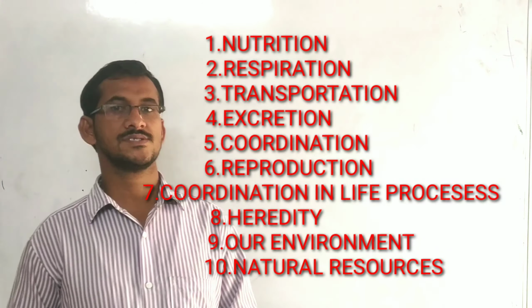Now, sometimes a 1 mark or 2 marks question can be asked from experiments also. Like, what are the chemicals required for conducting the experiment on the presence of starch in leaves? Methylated spirit, or we can say ethanol, and betadine or iodine. So these are the two chemicals, iodine and methylated spirit, required to conduct that experiment.